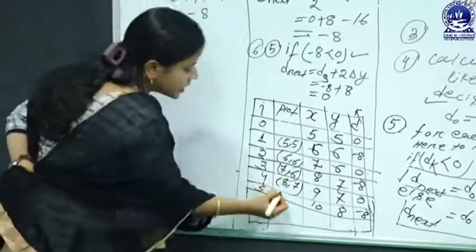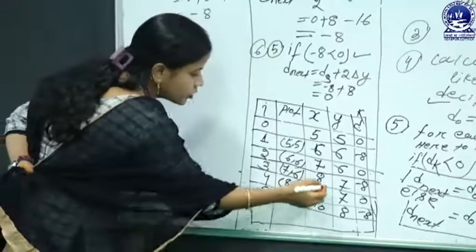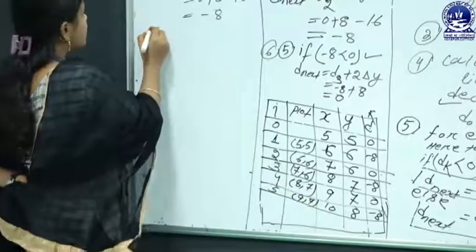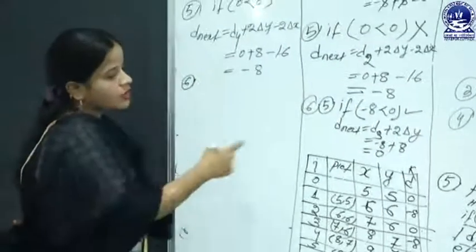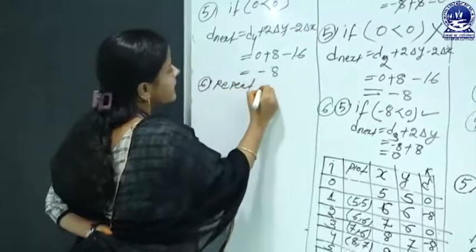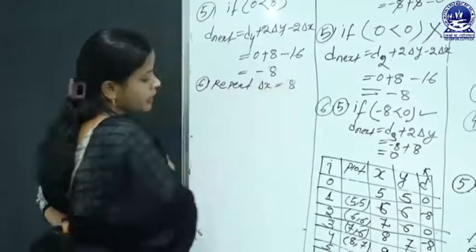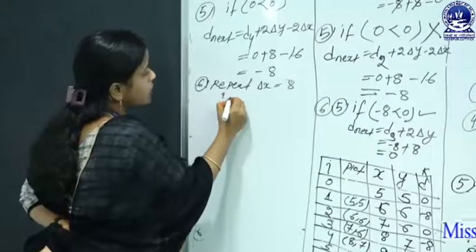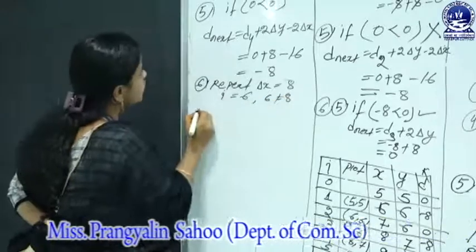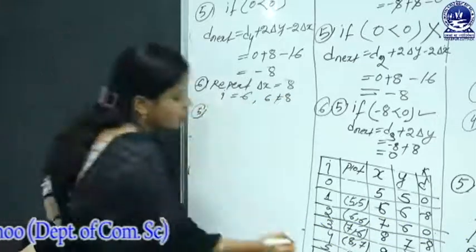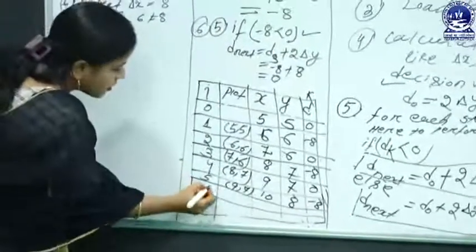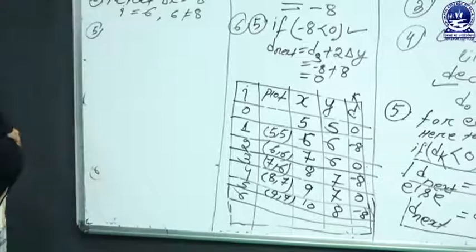So now we plot the given point by using the previous coordinate point, that's 9, 7. After that, again we solve step 6, that means repeat the coordinate points delta x times, and delta x equals 8. So here the counter variable is 6. 6 is not equal to 8. So again you have to execute step 5. Now executing step 5 by using the counter variable value, that's 6.